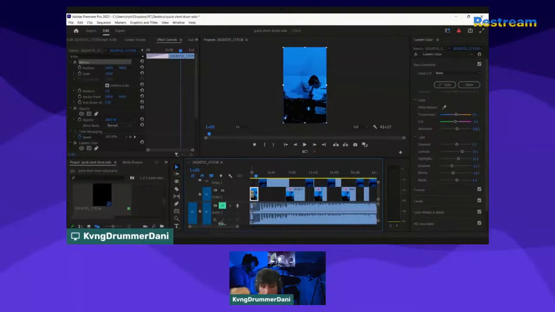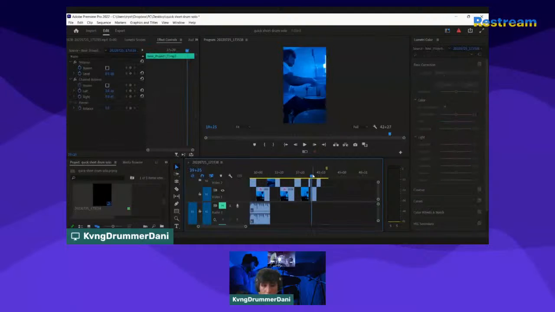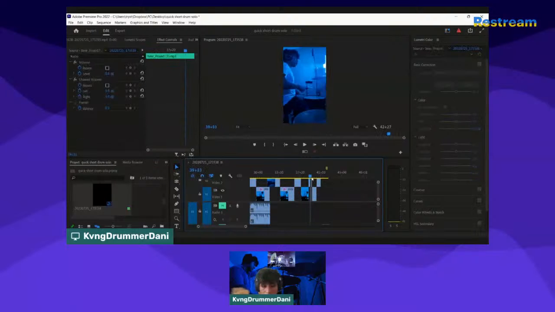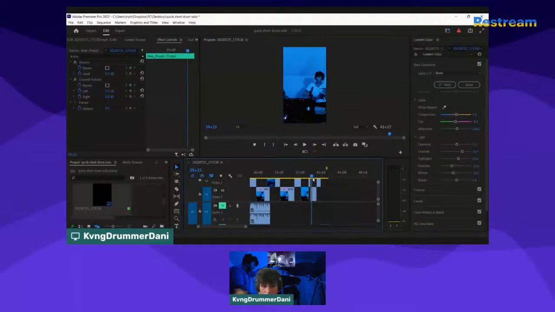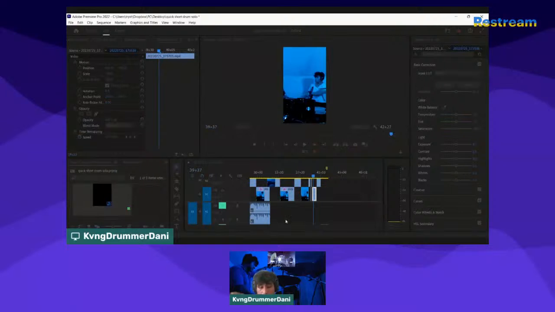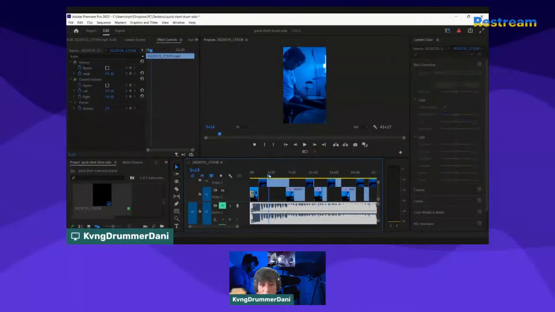I want to make sure that I didn't miss anything. Yeah, I forgot to paste onto here. So watch what it does when I paste my Lumetri color on here. Boom, it gets darker, and it shows less of a white background and more of that blue